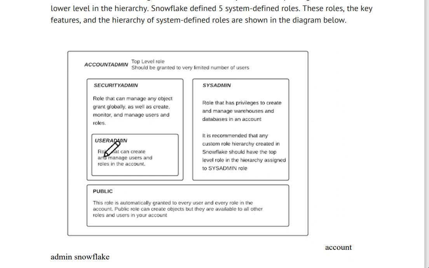So public is also available with the user admin role that can create and manage users and roles in the account. Then the security admin will have access to the user admin and the public role that can manage any object grant globally, as well as create, monitor, and manage users and roles. And then account admin will have access to security admin. So it should be granted to a limited number of users, so it can only be granted